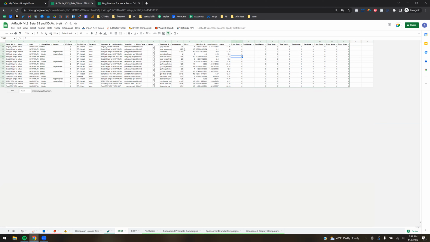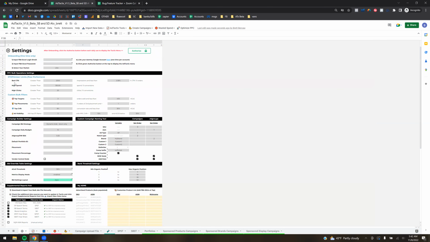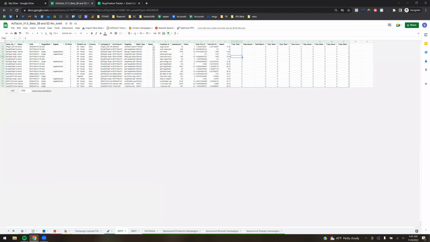There's no orders. There's an impression and click-through rate setting as well here. Basically, it's everything that Amazon really doesn't like. So bad click-through rate with a high impression, spend threshold, click threshold. Any three of those that it hits based on your input settings, it's going to flag. And then what you do is go back to your search term report. Same thing with these check boxes. And then you push that by clicking that over to your